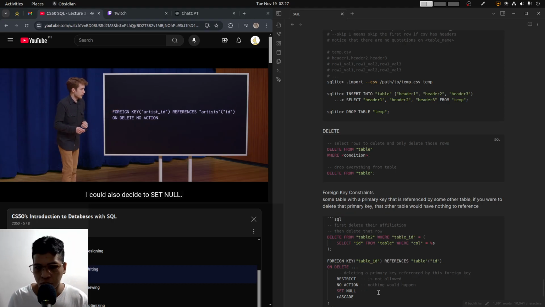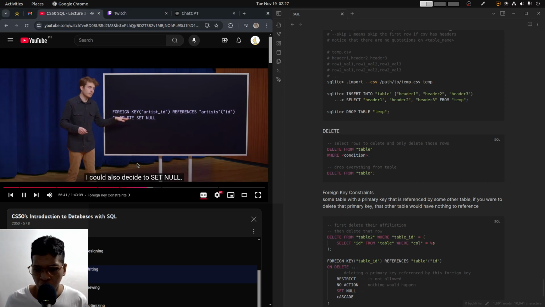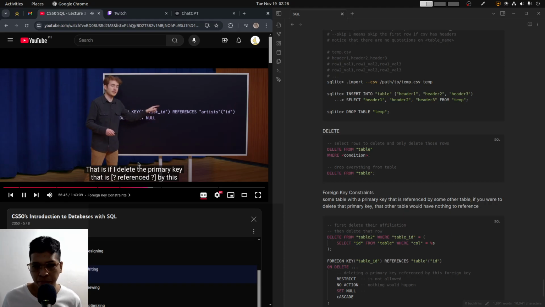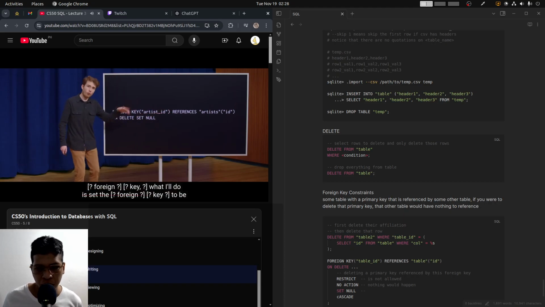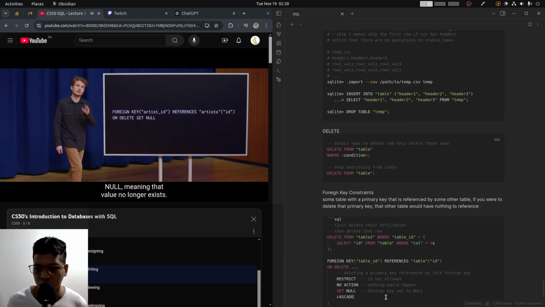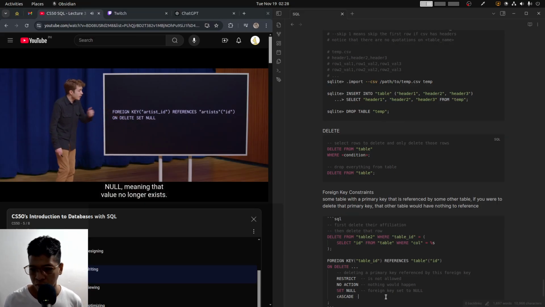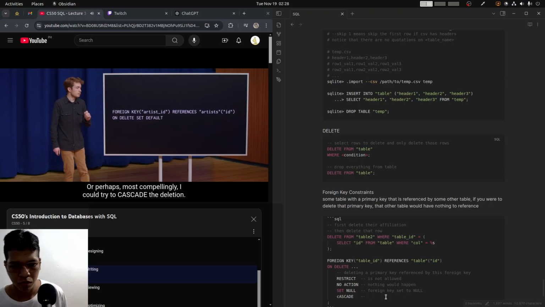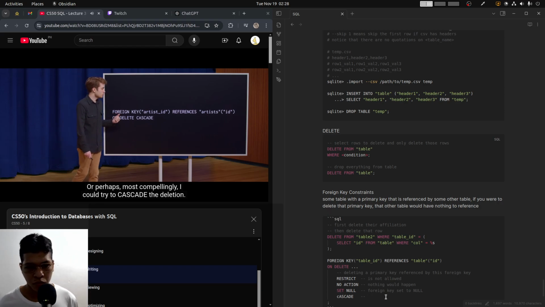I could also decide to set null. That is, if I delete the primary key that is referenced by this foreign key, what I'll do is set the foreign key to be null, meaning that value no longer exists. I could alternatively set it to a default value for that column, or perhaps most compellingly, I could try to